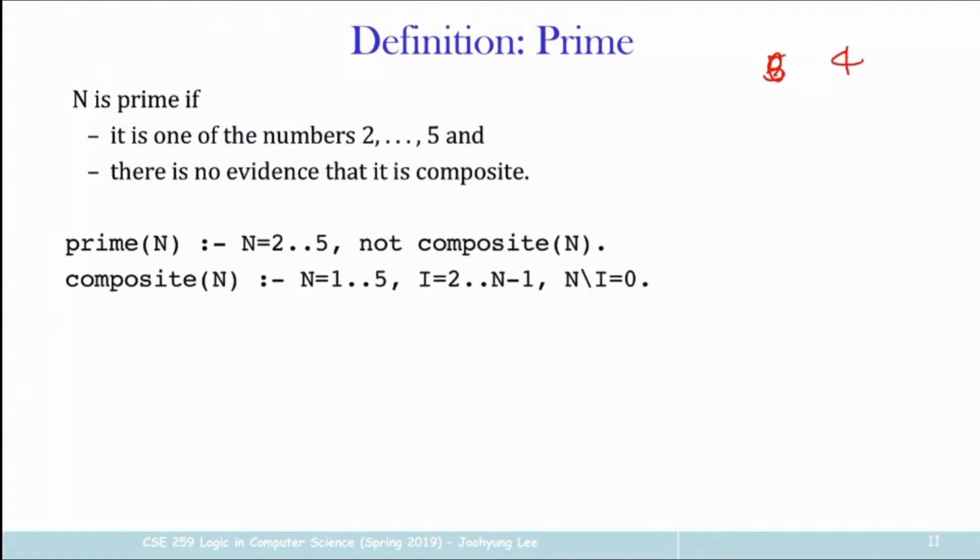Okay, you write a for loop, right? And check, so for loop starting from, let's say, 2 until 3, right? Because those are the numbers that are not 1 and not 4 itself, right? So you have to check basically whether 2 divides 4 or 3 divides 4. If one of the checks is true, then 4 is a composite number, right? So in general, if you want to check whether n is a composite number,